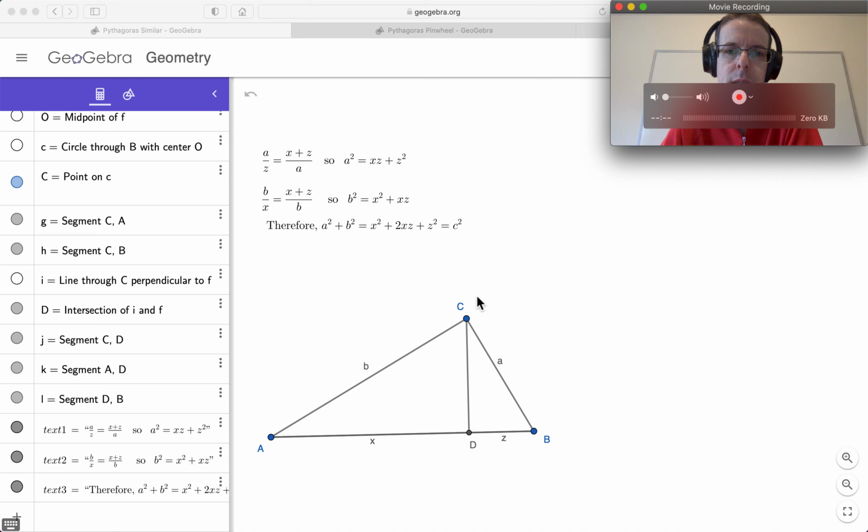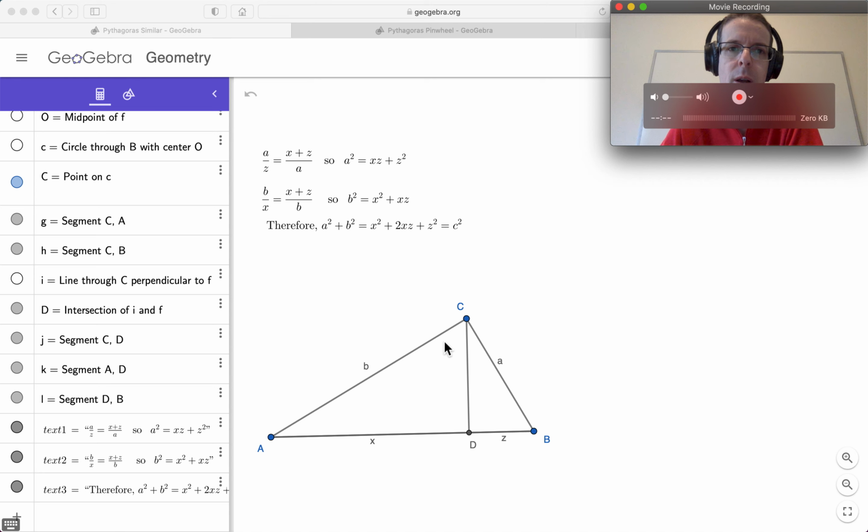We have the triangle ADC, the triangle BDC, CDB, and the triangle ACB. And these are all similar. And so we get equalities of ratios. In particular, the short side over the hypotenuse of CDB, a over its short side, a over z, is equal to the hypotenuse x plus z over a, because that's the hypotenuse divided by the short side in the larger triangle. And so that gives us this equality of ratios, which if we cross multiply gives us a squared equals